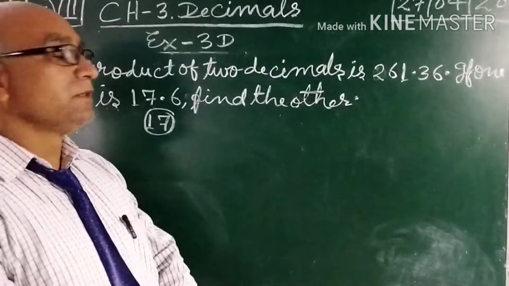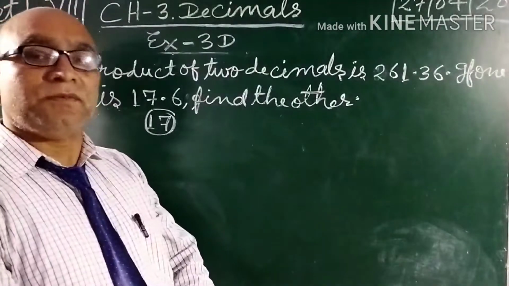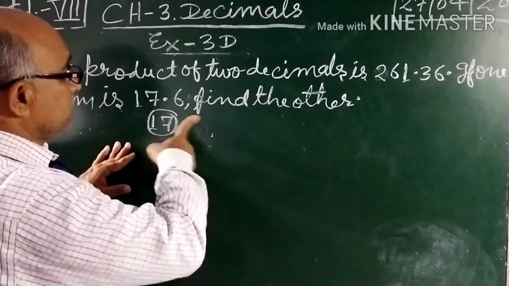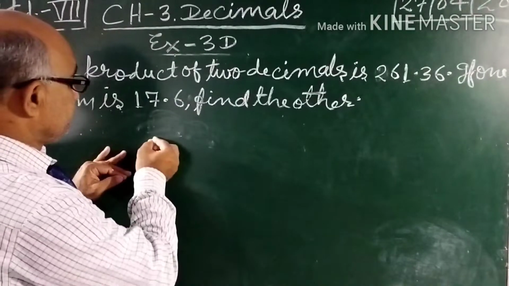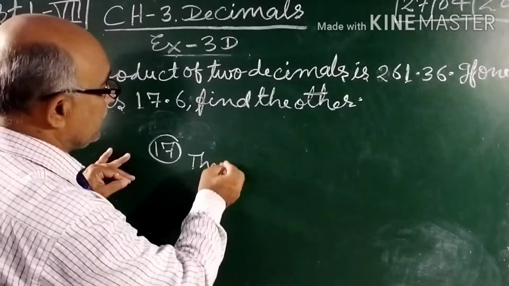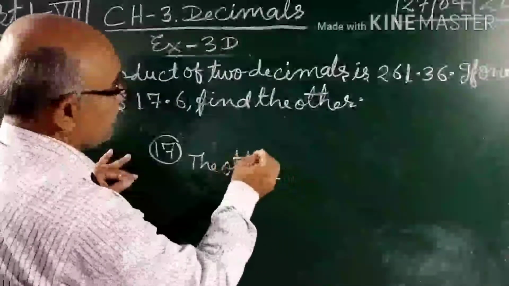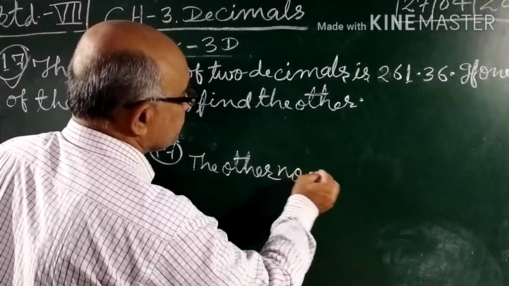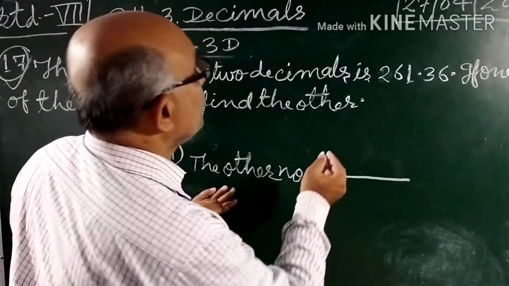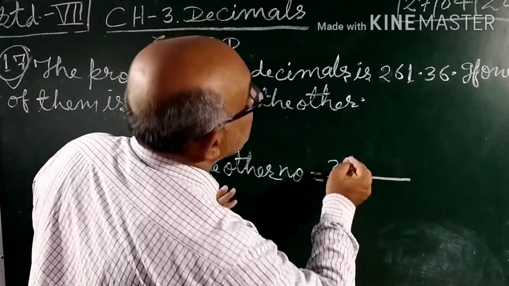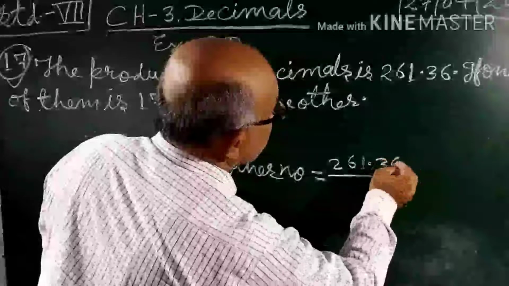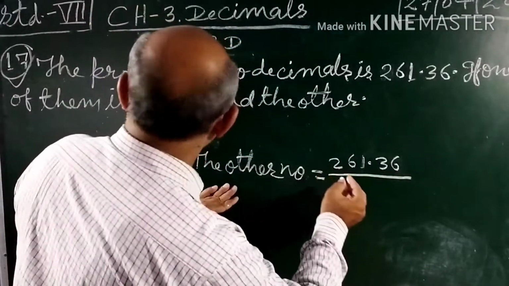If one of them is 17.6, find the other number. The other number equals. The product of two numbers is 261.36 and one number is